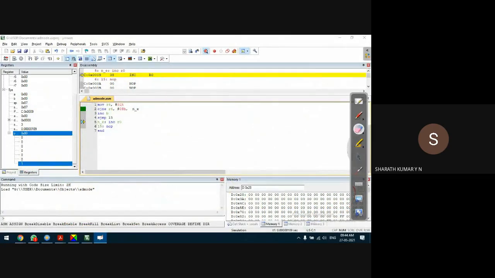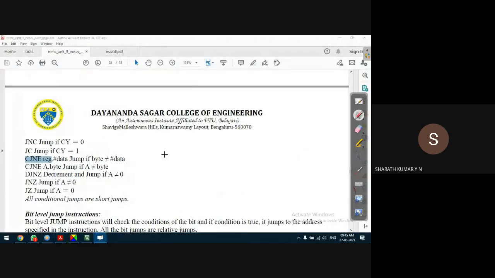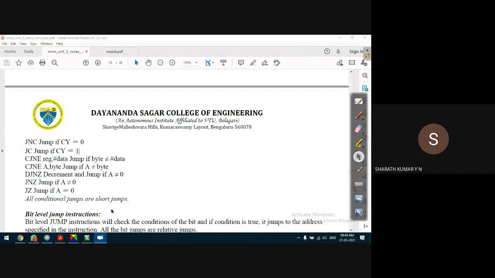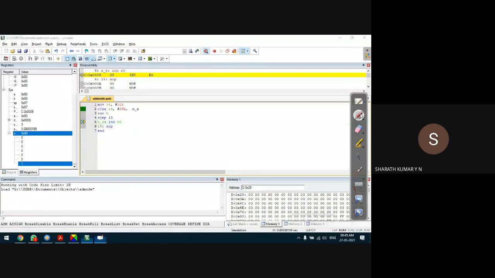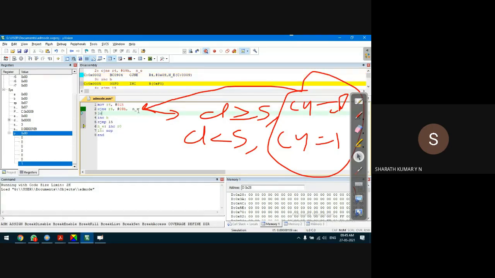So what is the instruction to check the carry flag? The instruction which is used to check the carry flag is JC. You can use JC or JNC instruction to check the carry flag. Let us use JC; you can use either one of them, it doesn't matter much in our program. Where to use JC? If destination is greater than or equal to source, carry flag is 0, and if destination is less than source, carry flag is set to 1. So carry flag is affected only after the CJNE instruction is executed. So carry flag testing will come after CJNE instruction.